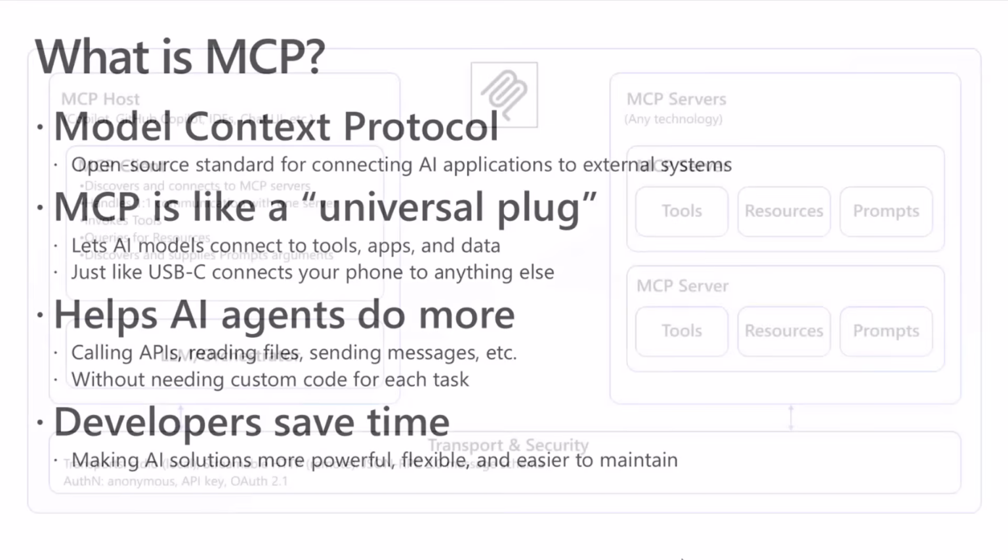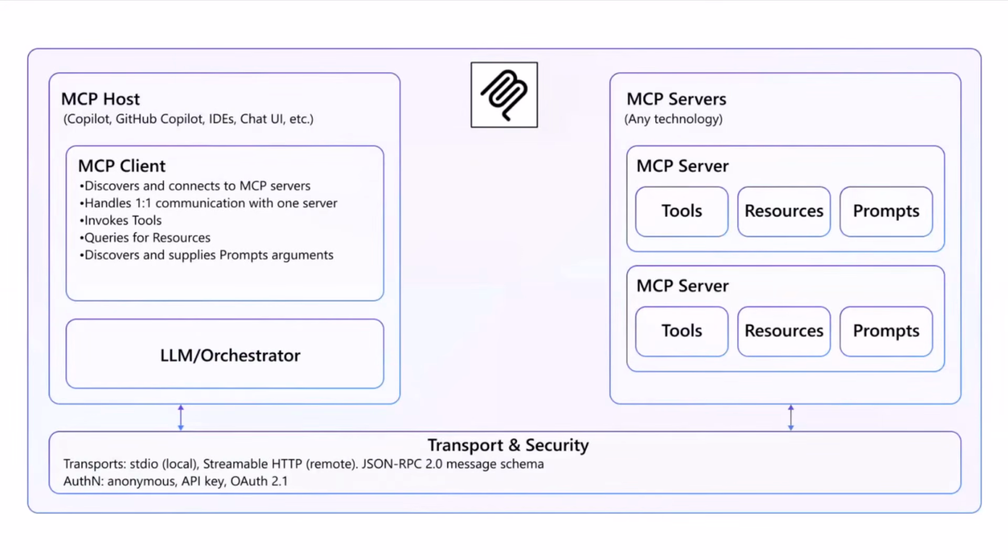How is it possible? Let me explain briefly the architecture of MCP. In the middle of the screen, you see the logo of MCP, which was introduced as an open source effort by a company called Anthropic. MCP is based on the idea of having an MCP server, which will be consumed by an MCP host through an MCP client. Now, the MCP host is the application that actually relies on the MCP client to consume an MCP server. The MCP client is where we have the intelligence and the knowledge about what the MCP server offers,